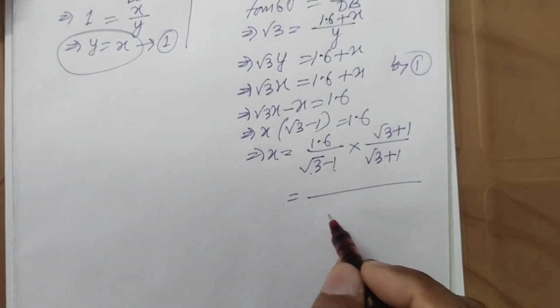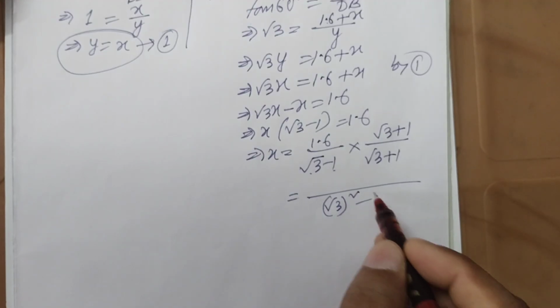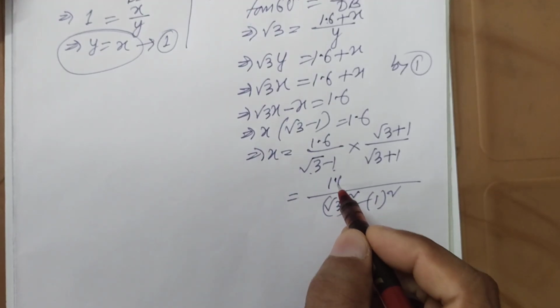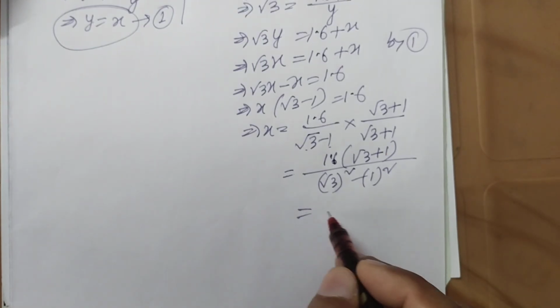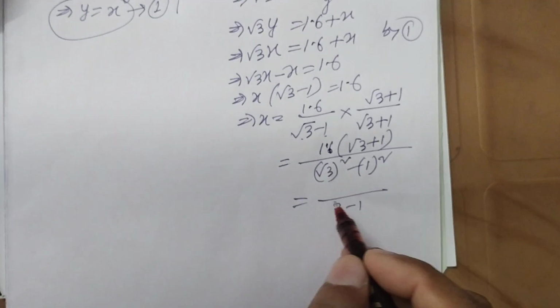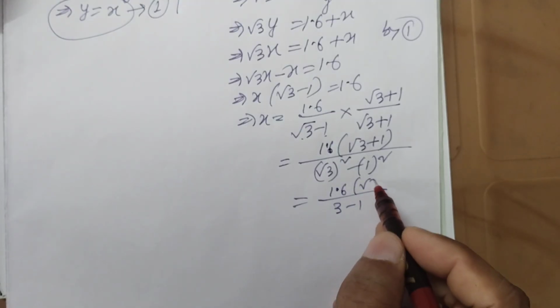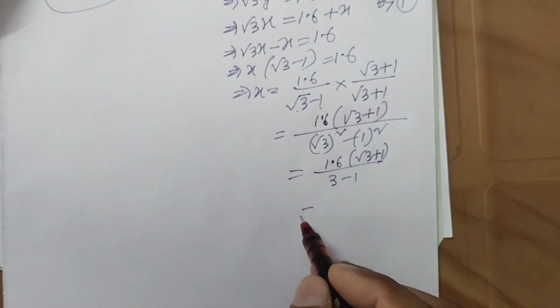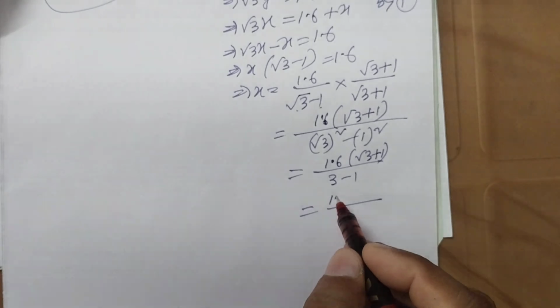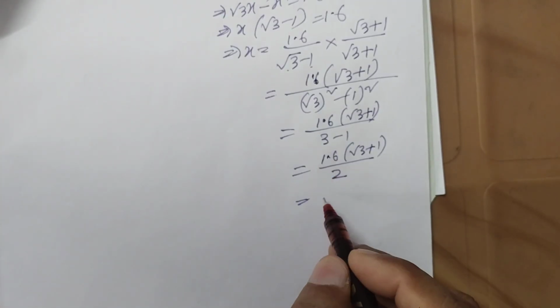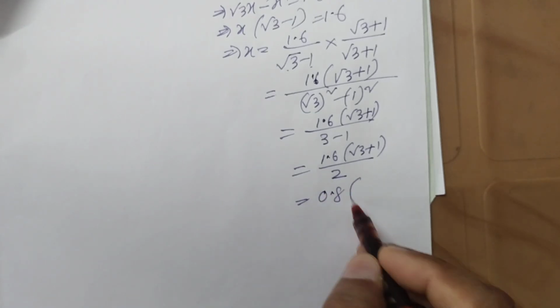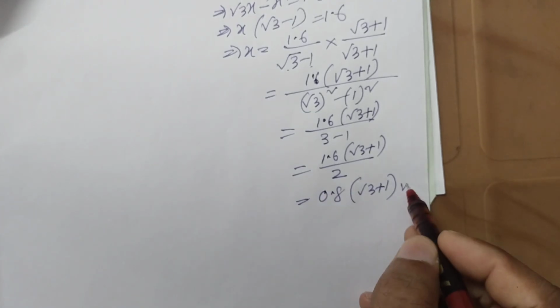Then a minus b, a plus b is a square minus b square, and it is 1.6 into root 3 plus 1, and root 3 square is 3. 3 minus 1, 1.6 into root 3 plus 1, this is 2, 1.6 root 3 plus 1. So 1.6 by 2 is 0.8, it will be 0.8 into root 3 plus 1, and this is the value